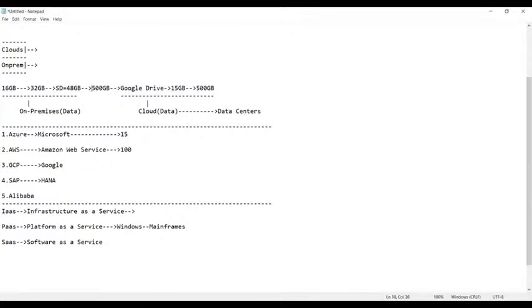Now the next one, suppose you require to store data. Same as I told you in the example, I have some 48 GB of data now, and I want to extend it to 500 TiB, that means terabyte, or PiB, that is petabyte. 500 petabyte of data I want to store. So now you want to extend the capacity up to this much.